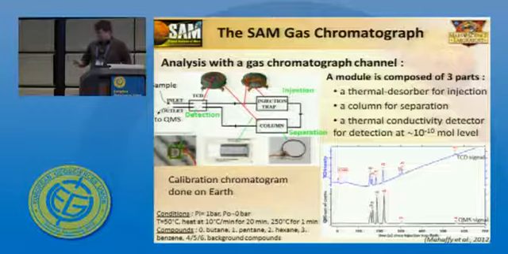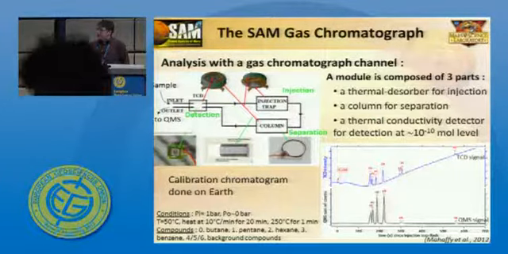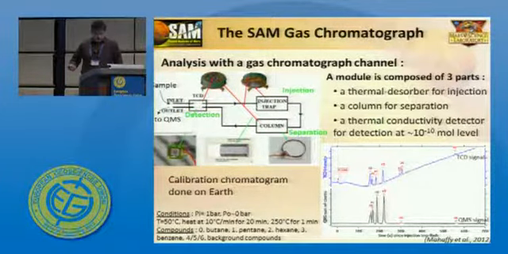In fact, each module is a mini gas chromatograph composed of an injection trap here, where the sample is flowed with helium, and at low temperature the injection trap retains all the compounds. These compounds are released quickly by flash heating the trap up to 300 degrees C to the separative part, which is composed of chromatographic columns here. After this separative part, each compound can be detected with a TCD, which is a physical detector. And as it is a non-destructive detector, the exhaust of the module can be sent to the QMS for mass